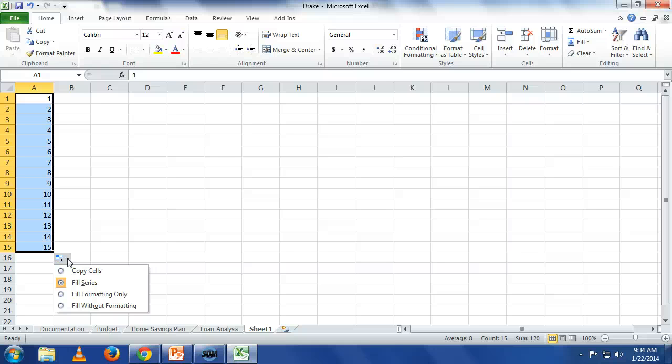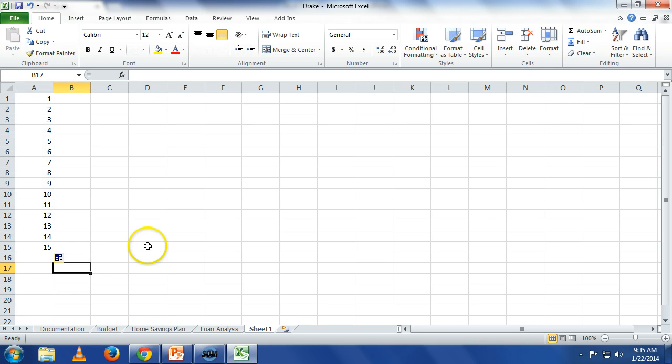So let's show you what copy cells would do. So 1, 2, 3, 1, 2, 3. Really, I want to fill series, so I'm going to go to that. I didn't really copy the formatting. So it's nice for things like this, but what's really nice is things that we know, for example,